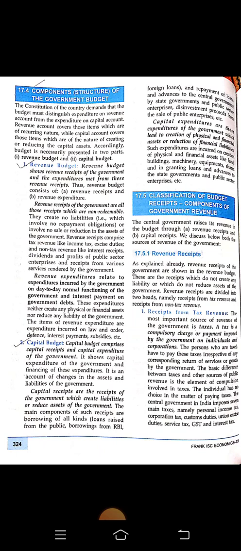Capital budget. The capital budget comprises capital receipts and capital expenditure of the government. It shows the capital expenditure of the government and the financing of these expenditures. It is an account of changes in the assets and liabilities of the government. Capital receipts are the receipts of the government which create liabilities or reduce assets of the government. The main components of such receipts are borrowings of all kinds,